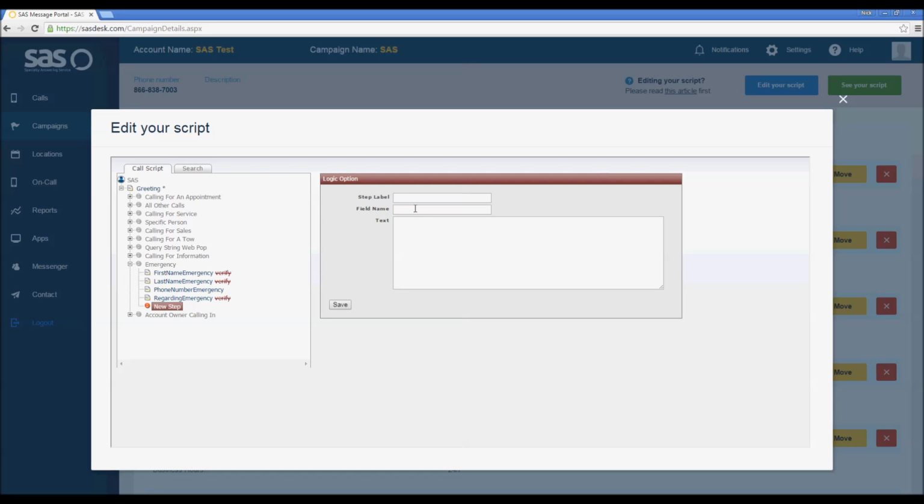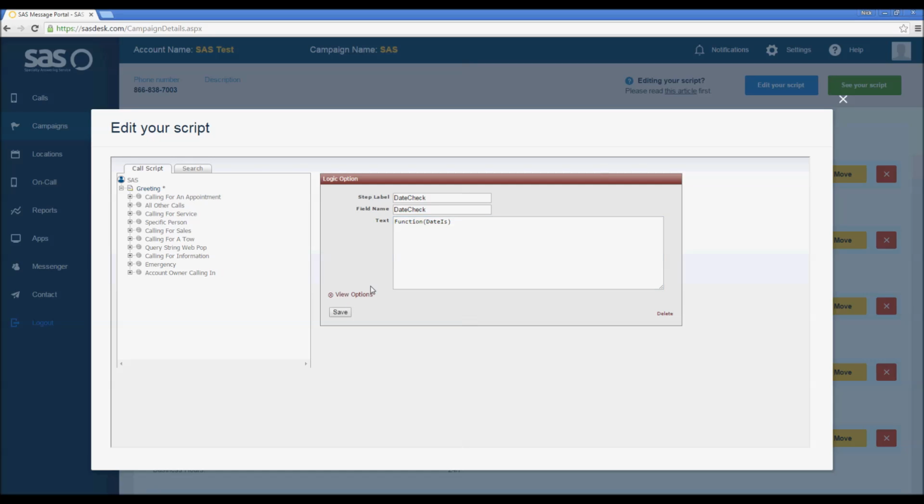Then the step label and the field name are going to enter as the same thing. So we'll do date check, no spaces, and then the function you're going to enter as function, open parentheses, date is, close parentheses. So I'm entering the function into the text area here with no spaces. Now if I were entering a date after function, it would be the same thing except that is would be replaced with after. So once you have added this in exactly as we have it here, click save in the